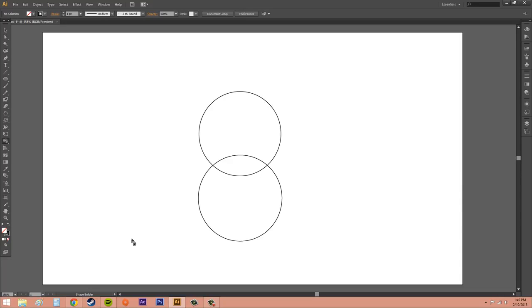So that's it for the Shape Builder tool. I'd like to thank you for watching. Now you know a little bit more. You can create more advanced shapes than just a peanut. If you wanted to, you can take something like a rounded rectangle tool. We can increase the stroke on it. And then if we take our circles here,